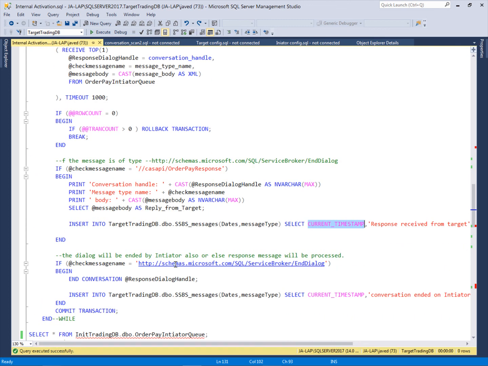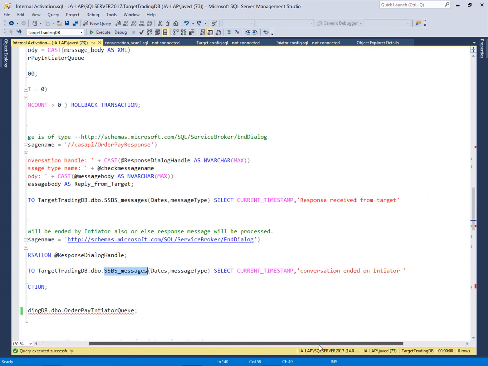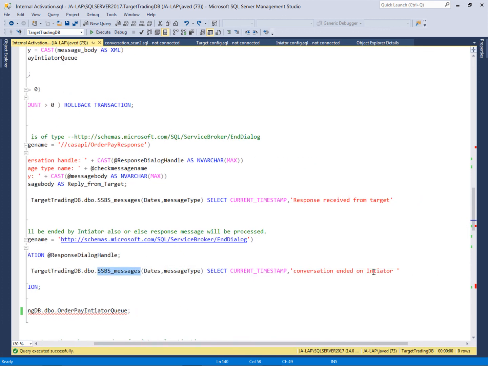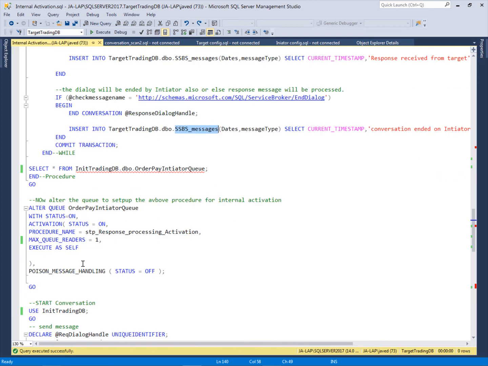After that, it will also end the conversation, and when the conversation is ended on the initiator service, it will add one record into this temporary table that the conversation ended on the initiator at this time. So my temporary table will have four records.